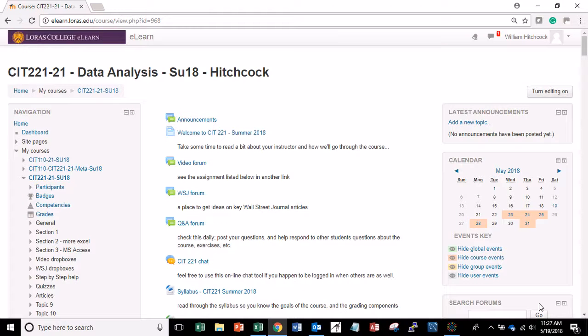Hi, this is Bill Hitchcock, and I'm just recording this to help you out to do some homework on your data analysis class. As you can see here on the screen, we've got the data analysis on eLearn, and I'm just going to scroll down